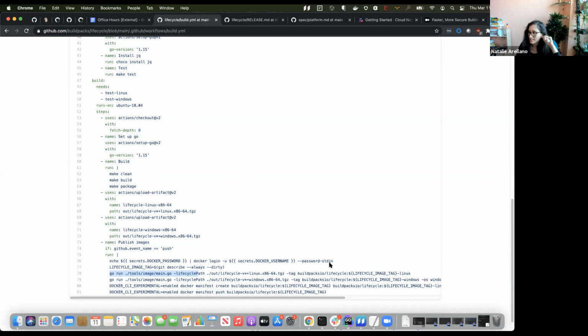But because it was harder to create a manifest list, we use the Docker CLI just to join the Linux and Windows images together so they can be pulled down with that ambiguous reference.